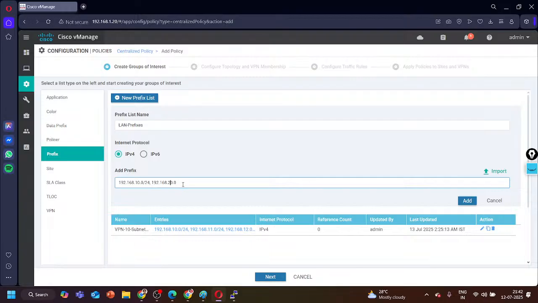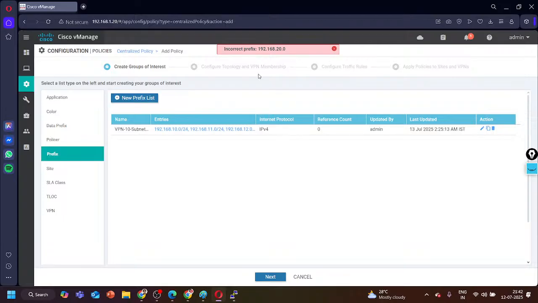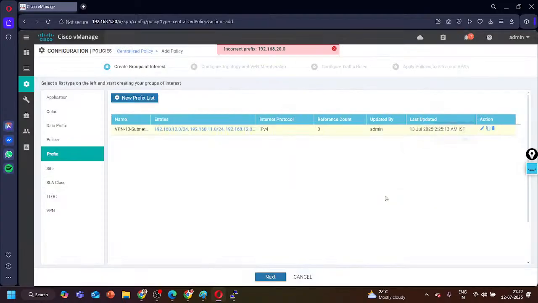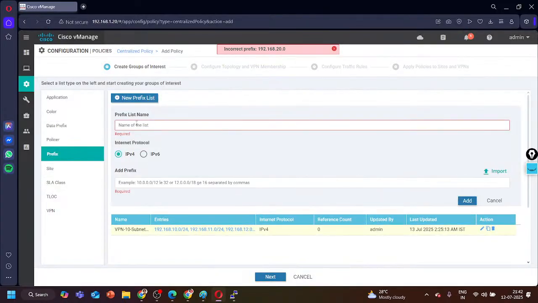Ten, 20, 21, 22, you can match all the prefixes. Prefix list is incorrect. After the comma, a space should not be there. What happened? My prefix list, LAN prefixes